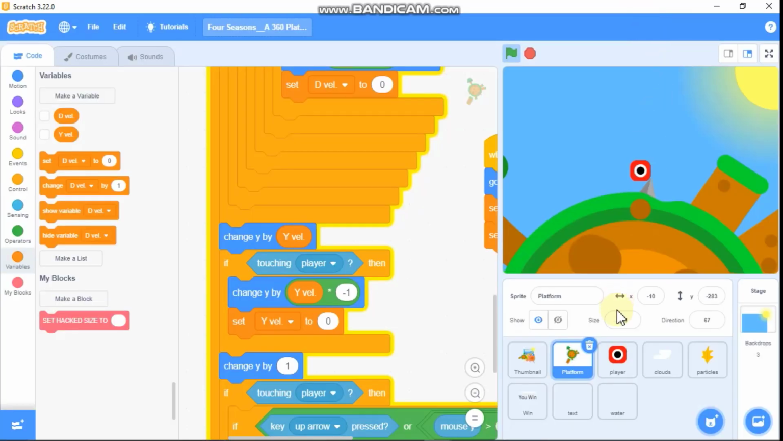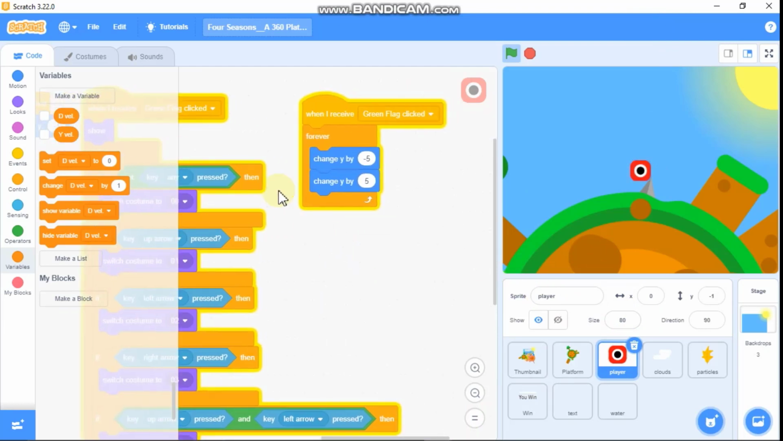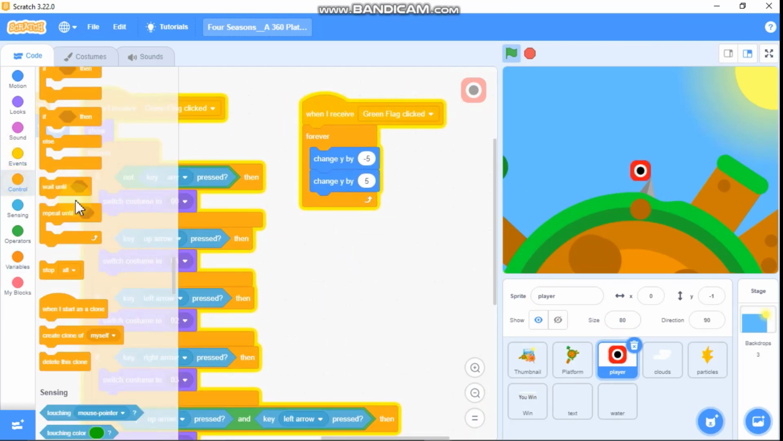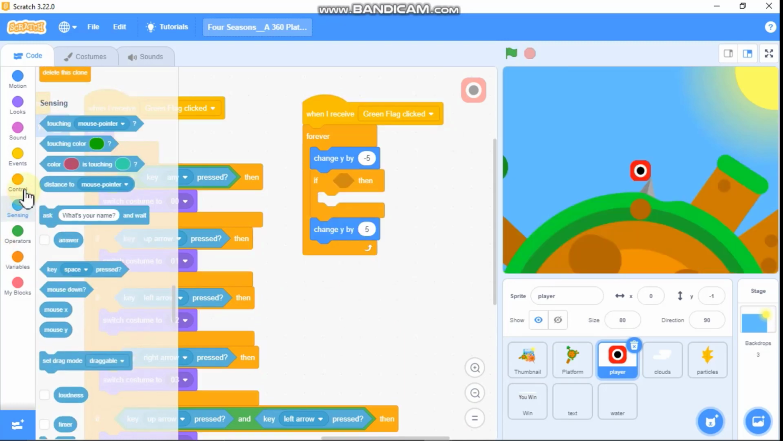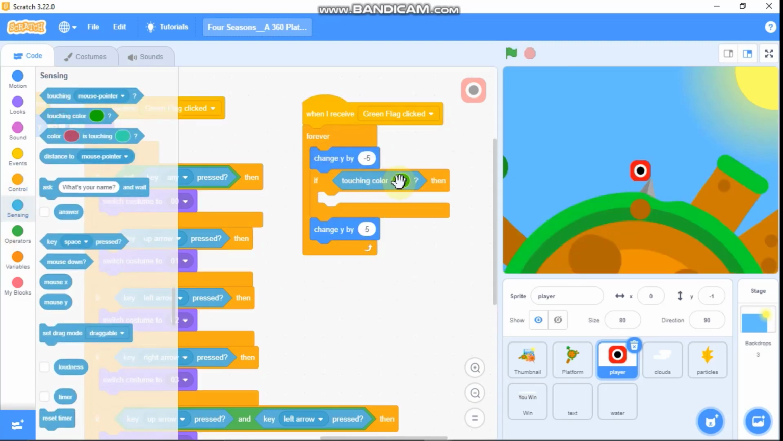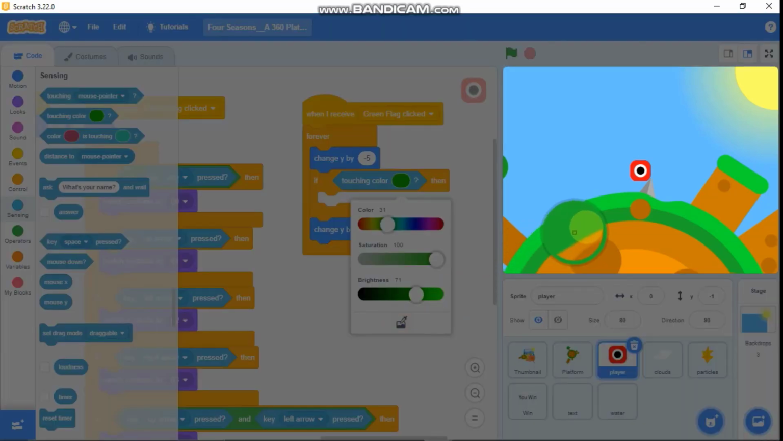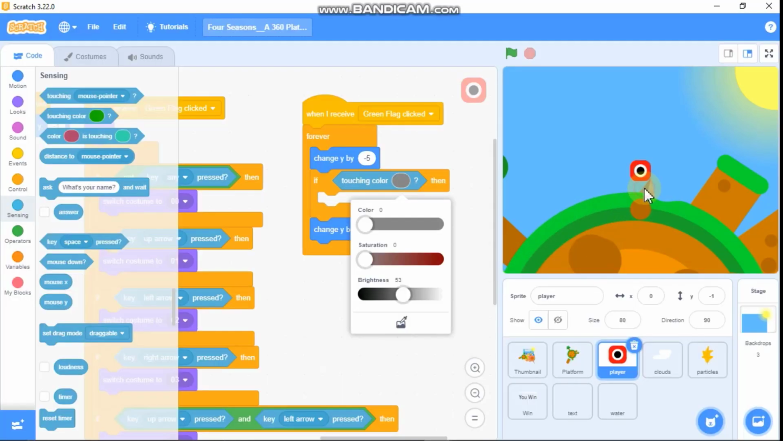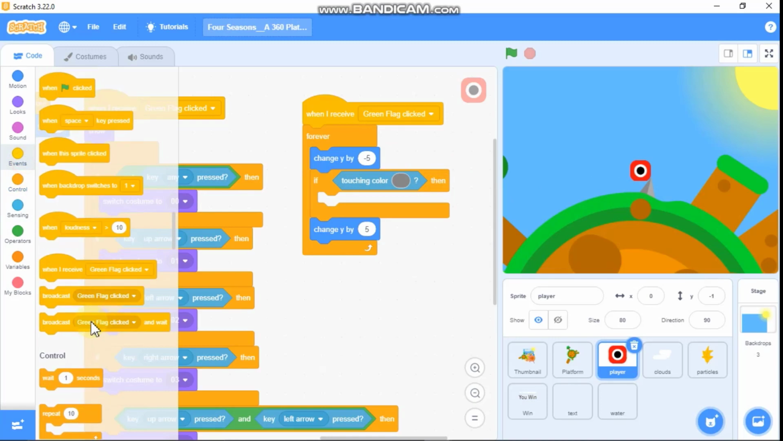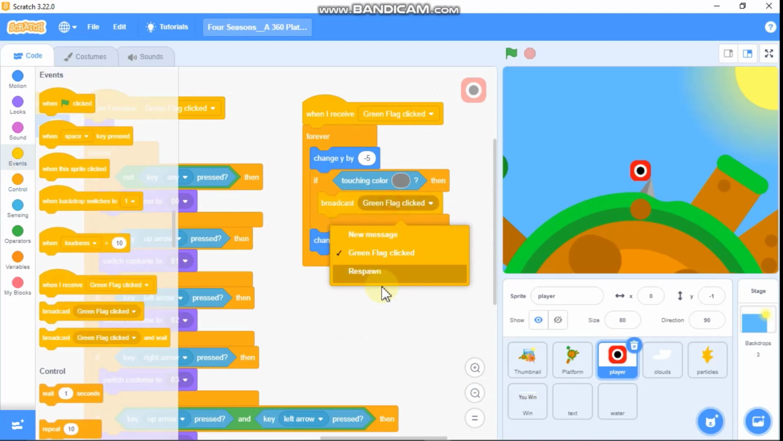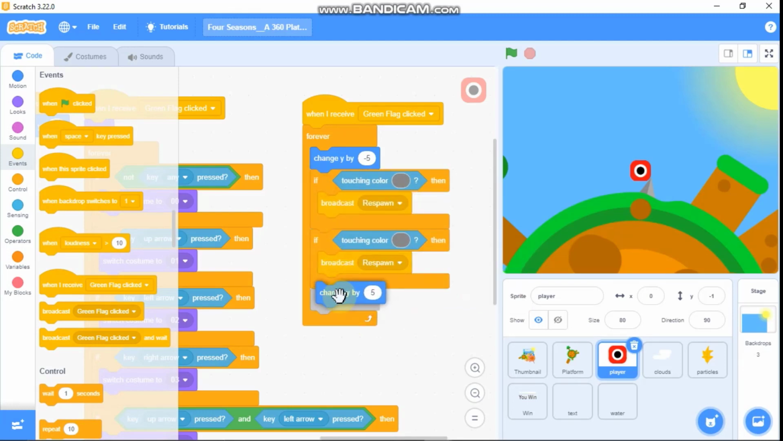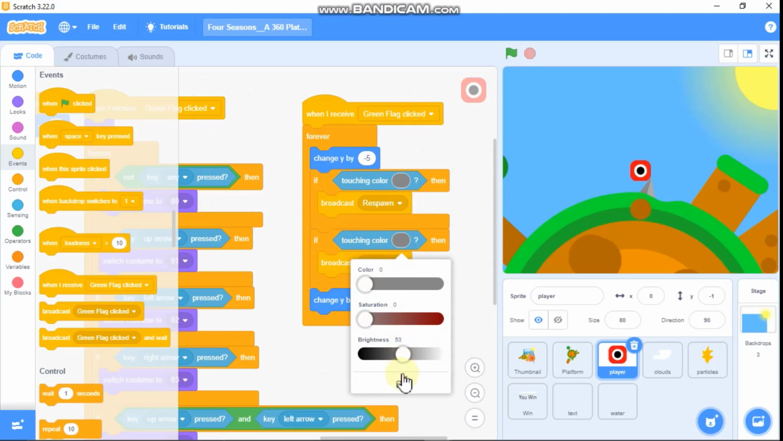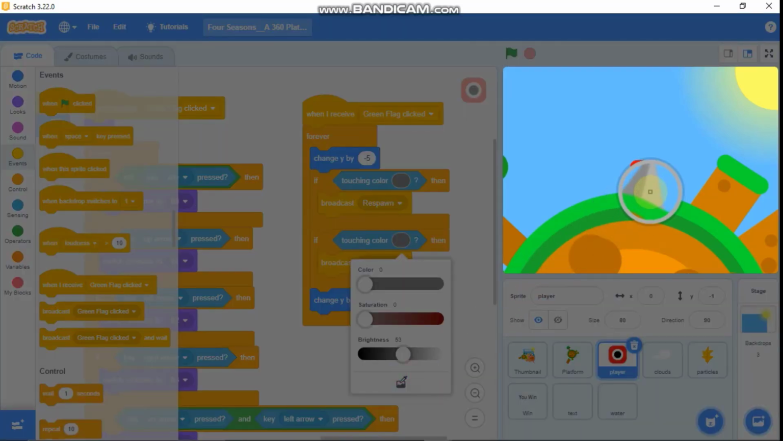So for that, click on player, and on this block grab an if statement, and then grab a touching color block, and then select this color of the spike, and we need to broadcast respawn. So we have two colors for that. Duplicate it, and touching color,